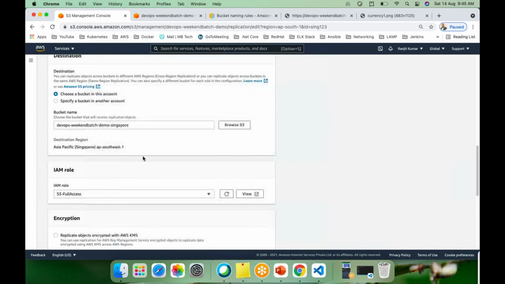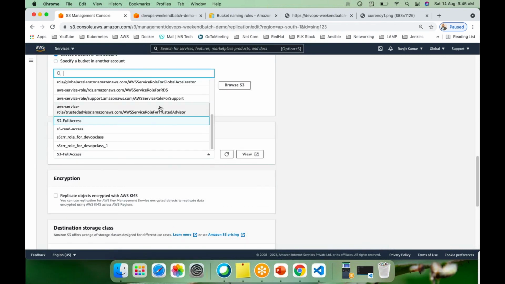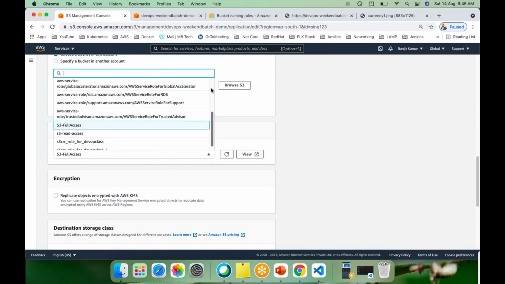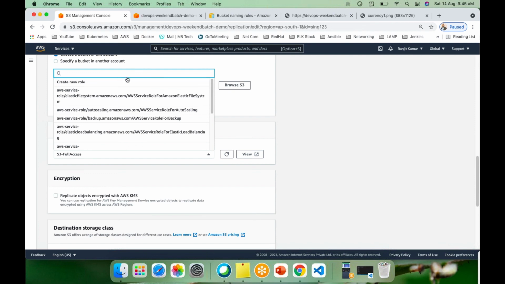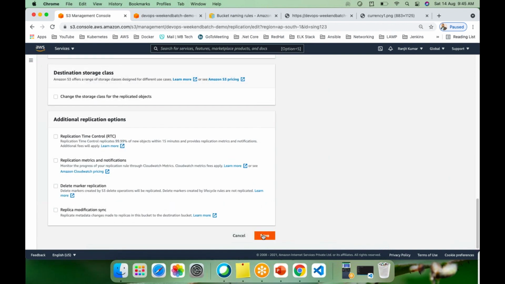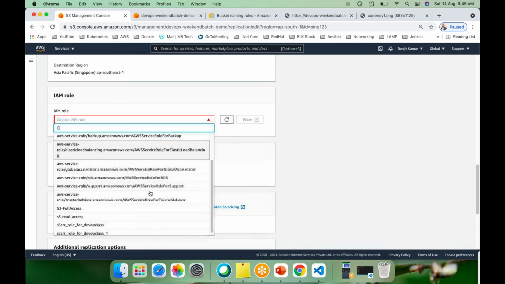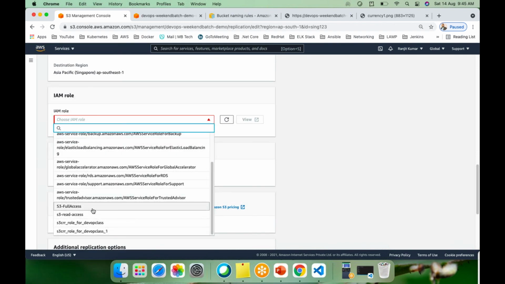Status is enabled. The source bucket, this rule is applied.